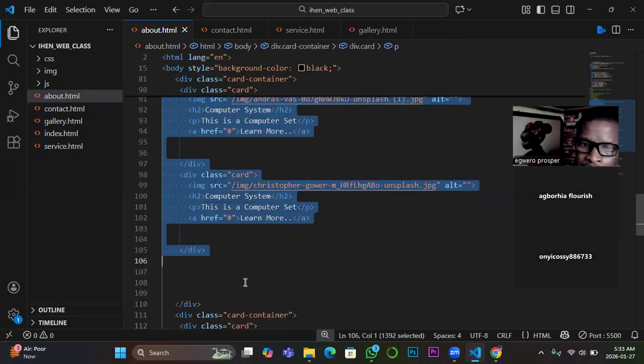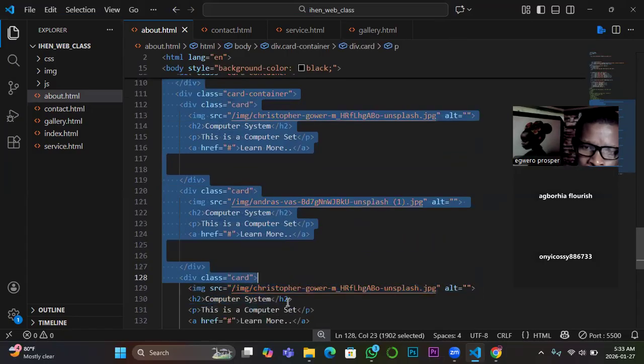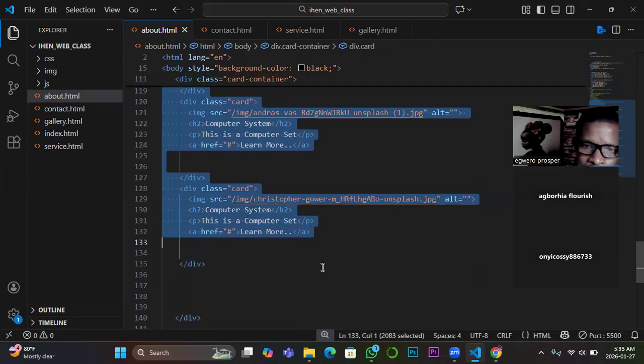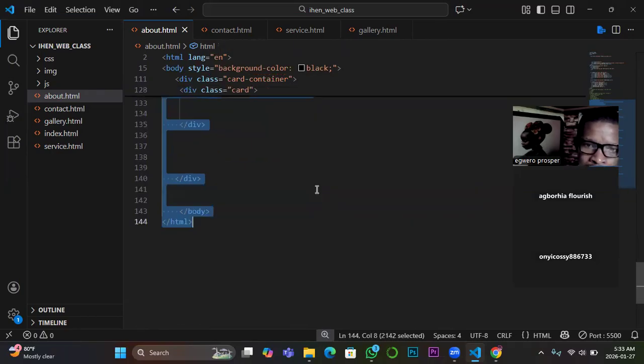So let's say you have created your footer and you have also identified where your footer started from. So as you are going, once you get to where that footer is, you take it off. So now this is the card. In my own case here, I have not designed the footer. Like I told us, I'm using another system. So the file there is complete. So if I delete this,